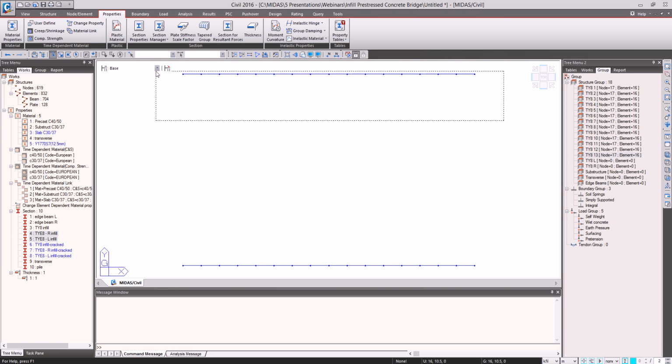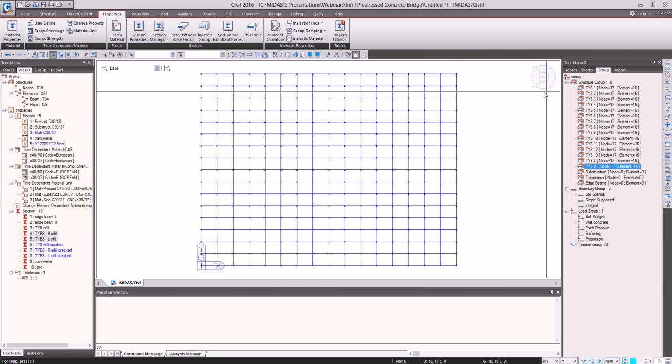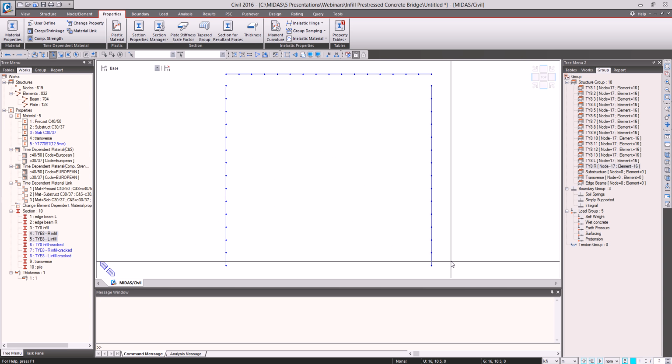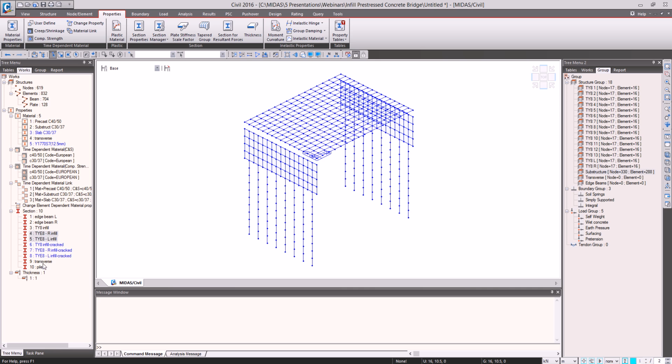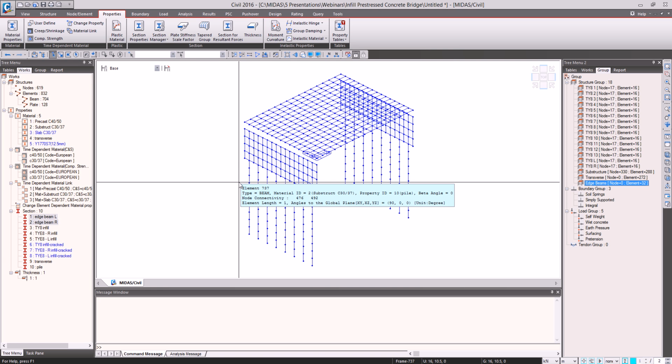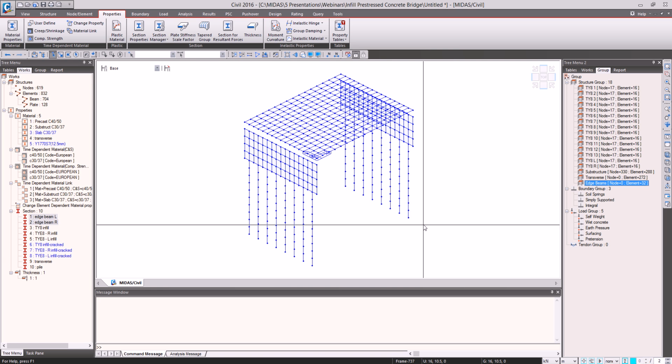And now the left TY8 and the right one. The substructure, the transverse beam elements, and the edge beams. Now that we have these added and we have material, section properties, and the geometry done,